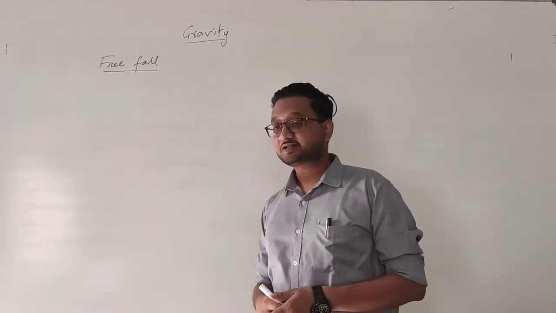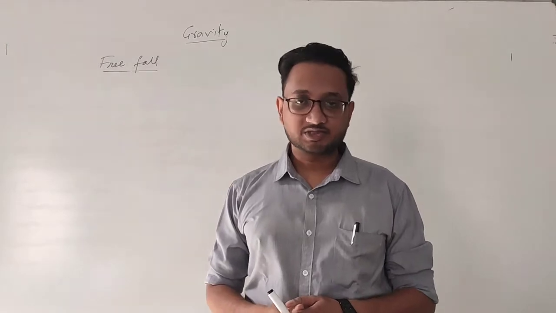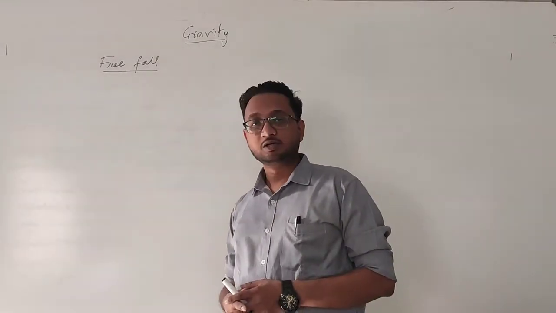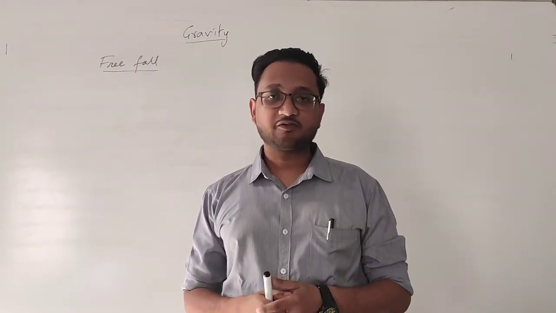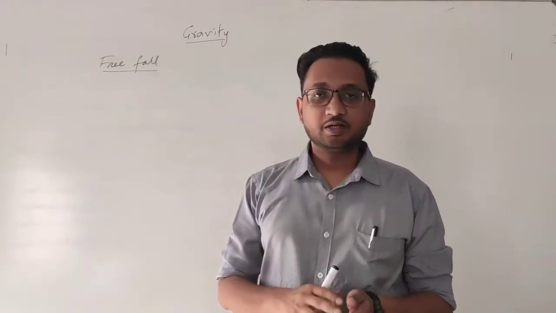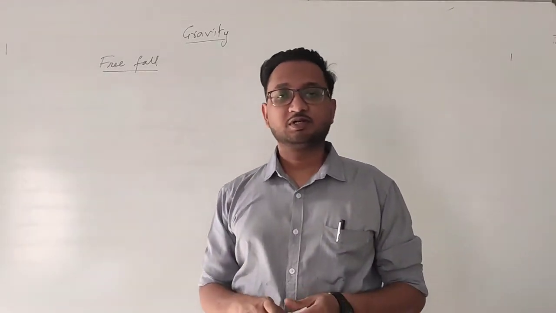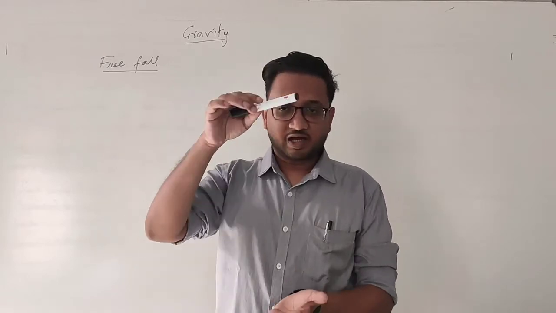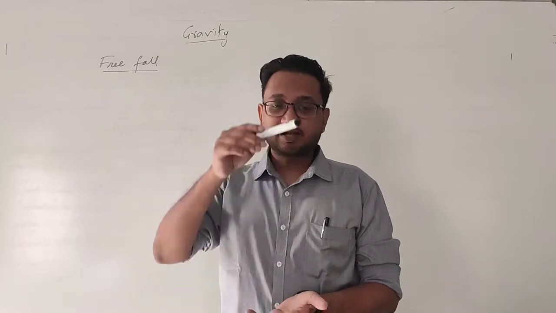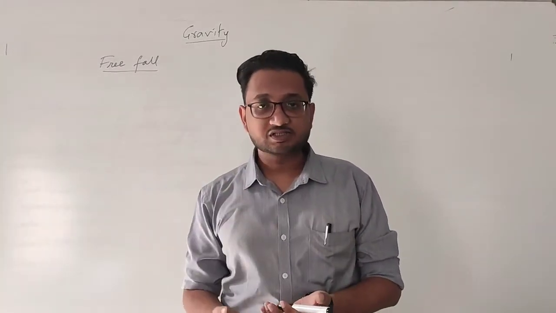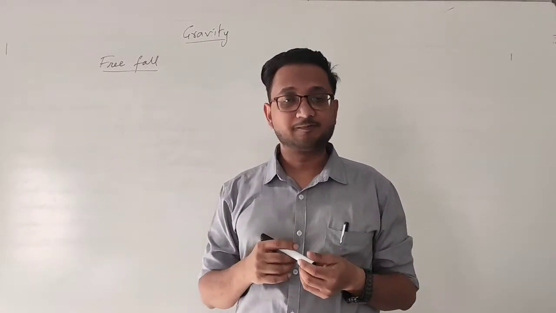The next point in the chapter is free fall. What is free fall of an object? Okay. So when an object is falling freely under the influence of gravitational force only, that means no other force is acting on it, just the gravitational force. That means if I drop this marker from the hand towards the surface, then it is falling under the influence of gravitational force. But we know that we have atmosphere around us as well, correct?